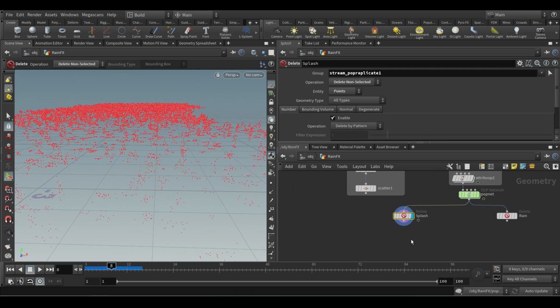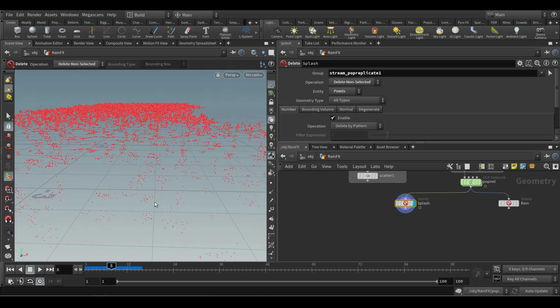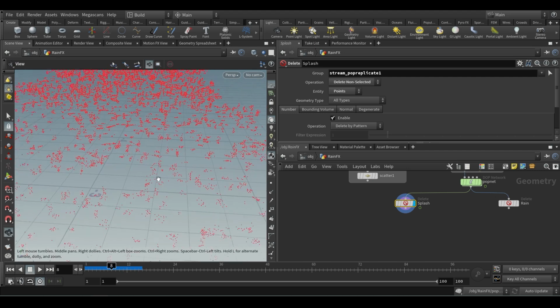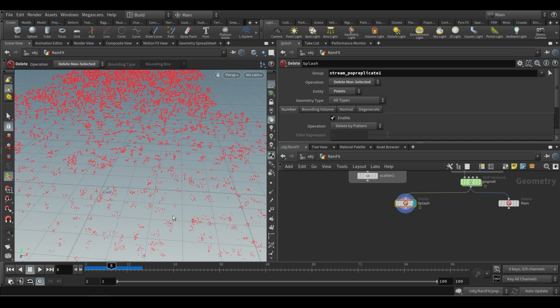The next thing I want to do is give all these points, whatever the splash is, a shape or a geometry. If you notice in the rain, there's a tiny circle, or a circle with a little shape, right? You can replace these points with any shape. If you directly render this out with the points, you can't apply a material on that.